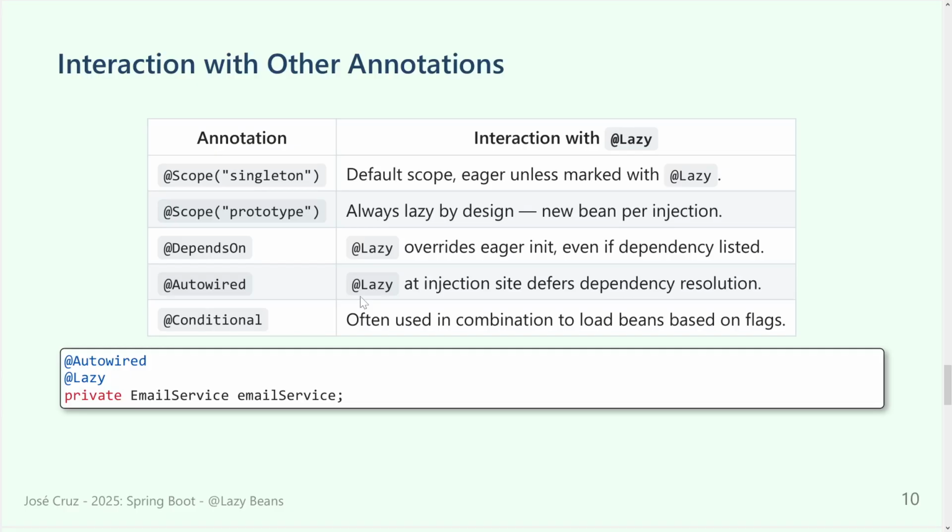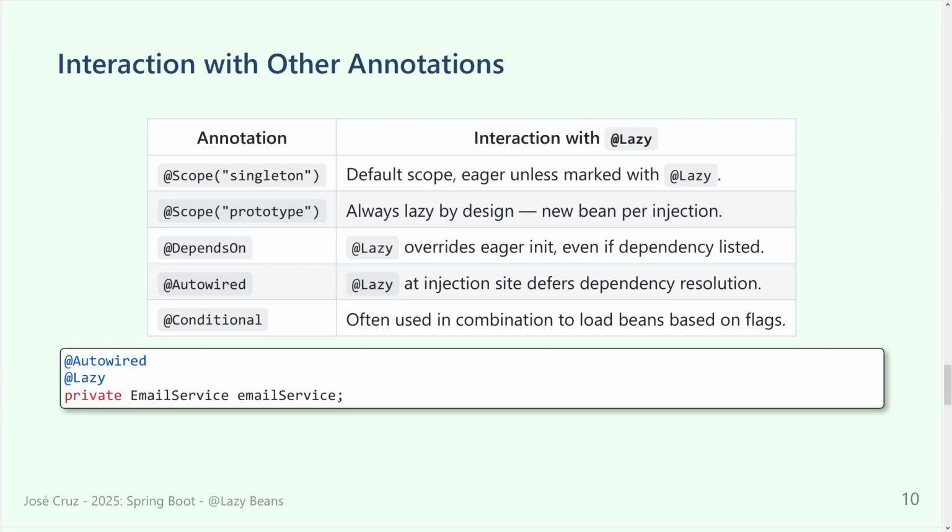So, interaction with the other annotations: there are always relations. When we talk about behavior, we always talk about scopes. In scope, the default is eager unless marked with lazy. Eager is quite important, because every time you see in the documentation that the initialization is eager, it means that even if you mark your component as lazy, it will be initialized anyway, because the other component that depends on it will say it's eager, I really need the instance. So even if you mark it as lazy, the component will be initialized,